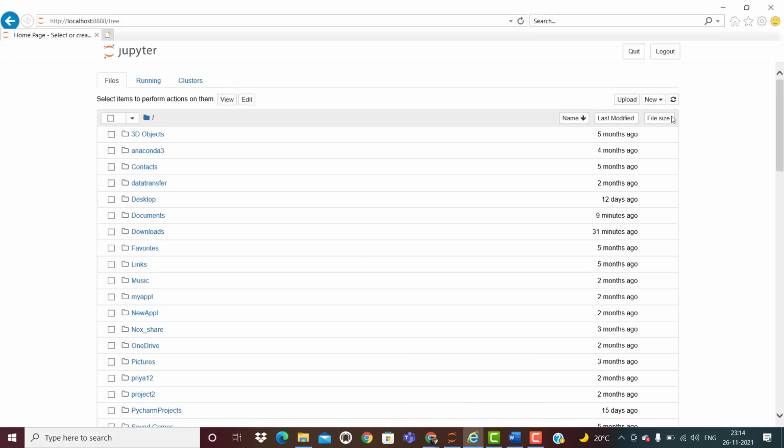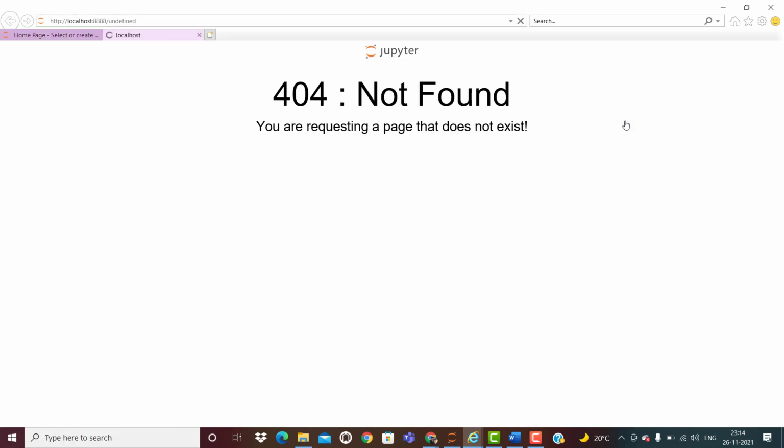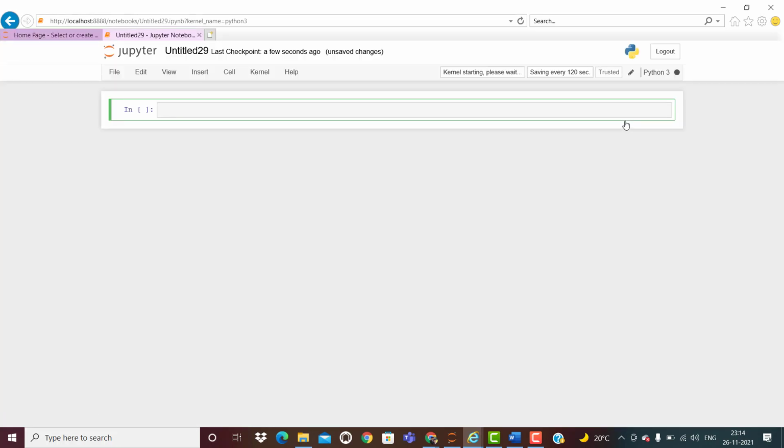So here there's a Jupyter notebook, and now let me write one small program here. I have taken one array, that is 4, 5, 6, or 7 also, 4 elements.